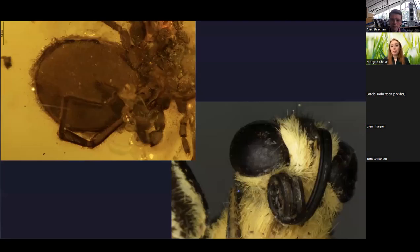And so our light microscope, very often used by entomologists. On the upper left is an amber specimen, which is some of the coolest stuff. I mean, Jurassic Park is huge these days. And so I do often get excited about some of this amber stuff. Not that I believe we're going to recreate dinosaurs, but it is an unbelievable